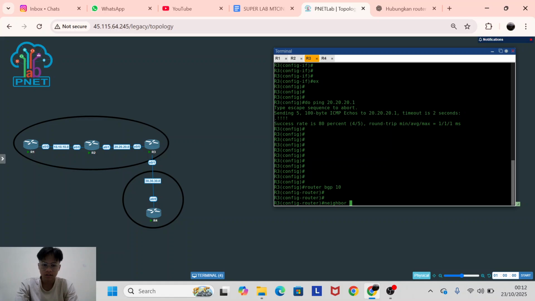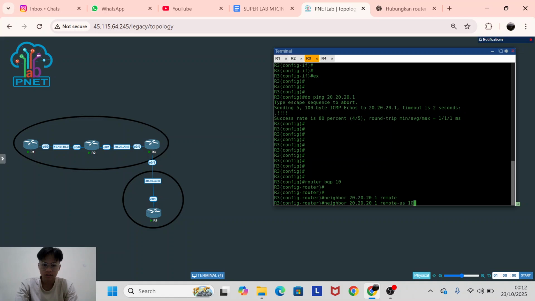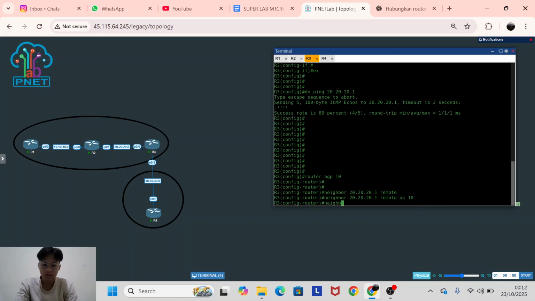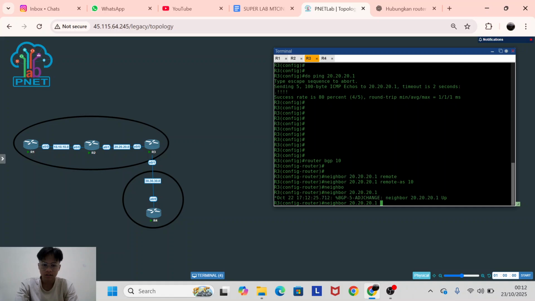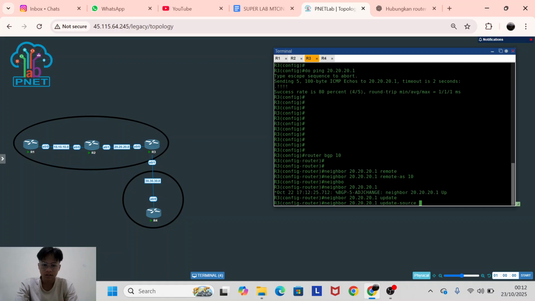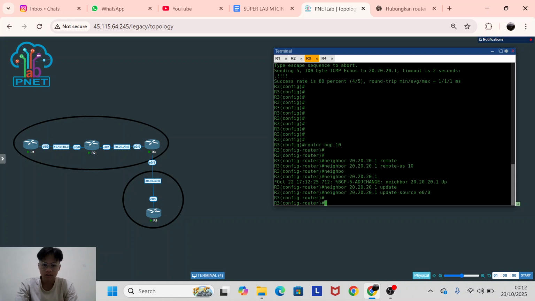I connect with router 2 now, 20.20.20.1, remote AS is 10, and neighbor 20.20.20.1, update source is Ethernet 0/0 like this, and I add another neighbor